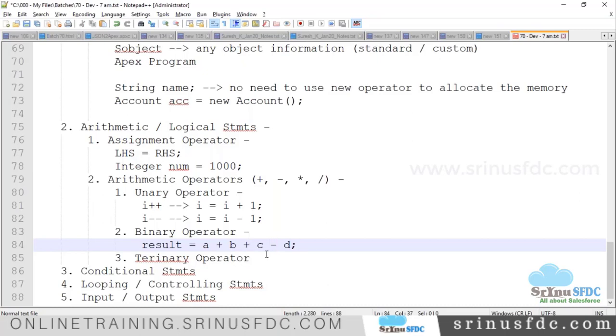Now, how does it work? Does it execute from the left side, or the right side? There is a confusion, right? So for that, we should know about operator precedence. That means the system gives priority to which one first, which one next. If you don't want to bother about that,